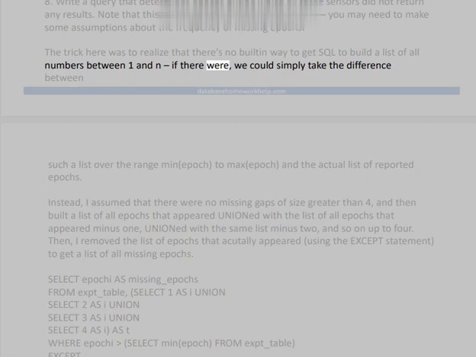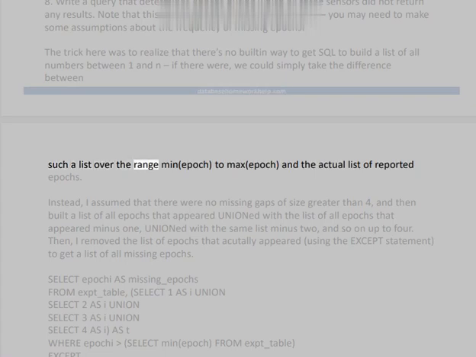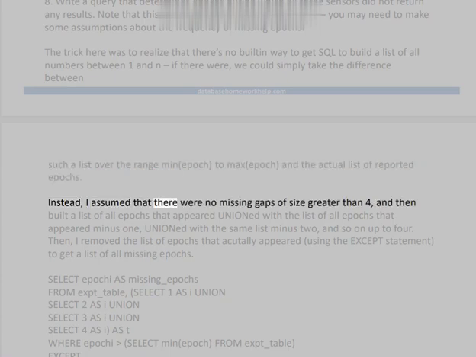If there were, we could simply take the difference between such a list over the range min epoch to max epoch and the actual list of reported epochs. Instead, I assumed that there were no missing gaps of size greater than 4, and then build